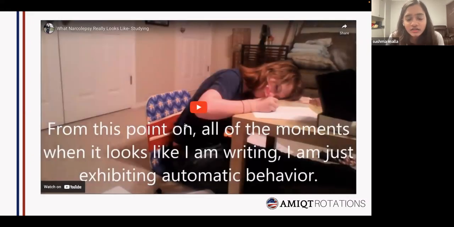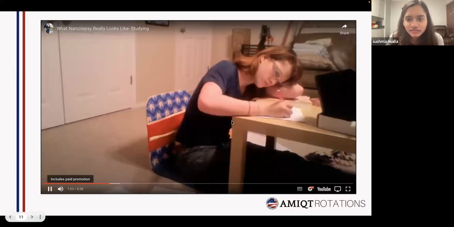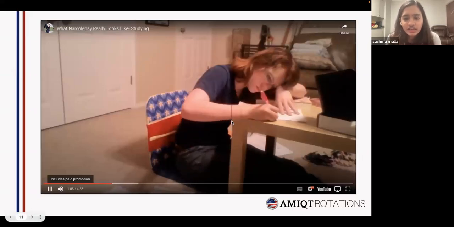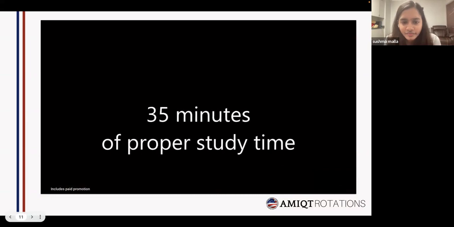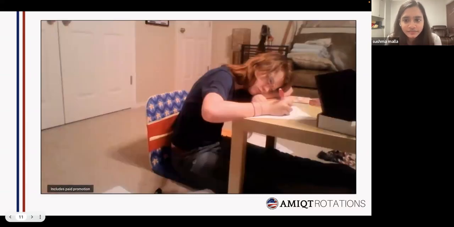And one other very interesting symptom that narcolepsy has is automatic behaviors, in which the patient sleeps suddenly, and the sudden sleep attack could happen while they're doing anything. So, for example, in this case, the person is writing, studying, and usually they fall asleep and continue to do that activity. So there is a person who's studying. She studied for 35 minutes.